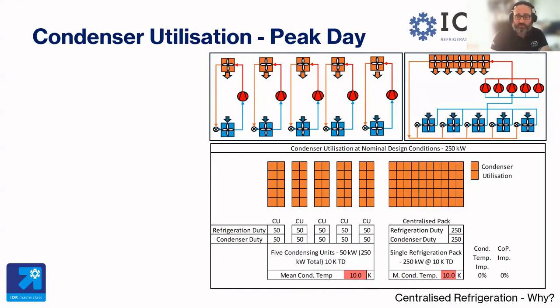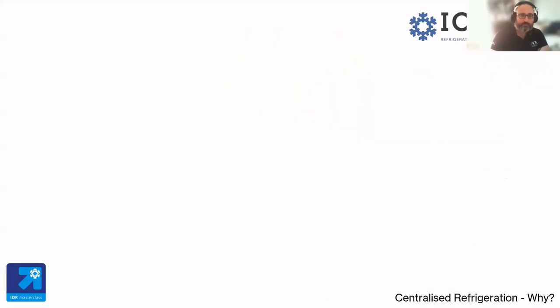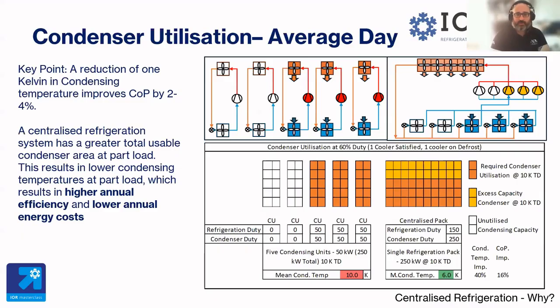But as we just mentioned, we don't have nominal design conditions for most of the year. So, a decentralized system consisting of multiple independent circuits will find itself, as will frankly any refrigeration system, with some of those circuits being off, whether it's because the evaporator is satisfied on temperature, or it's on defrost, or the system has stopped for a myriad of reasons. But what it effectively means is that portion of the site's total heat rejection surface is unavailable for use.